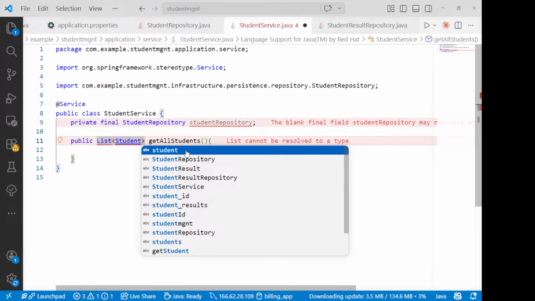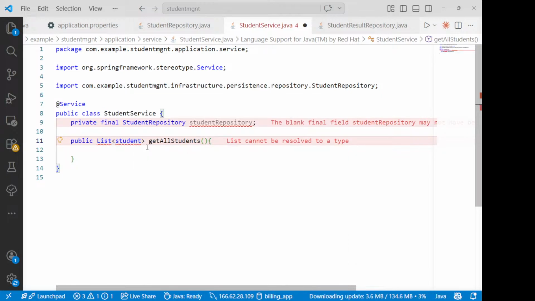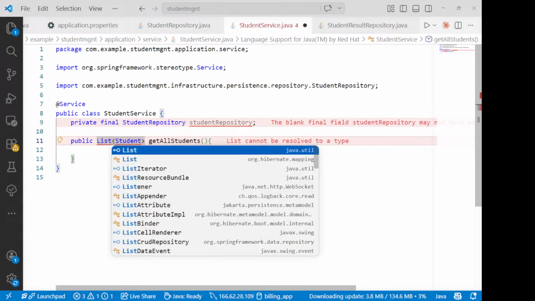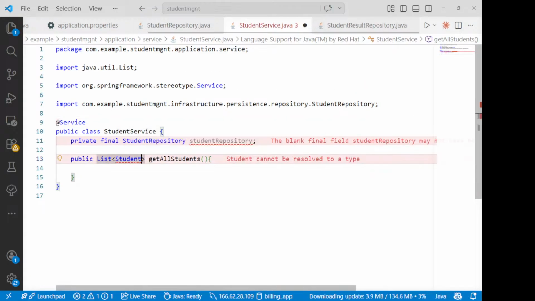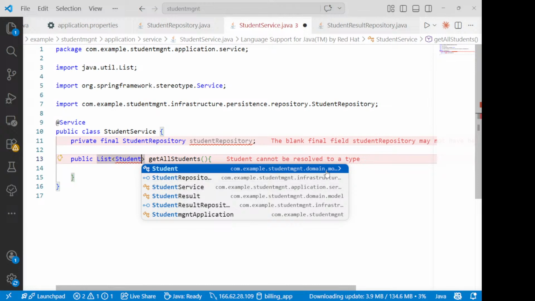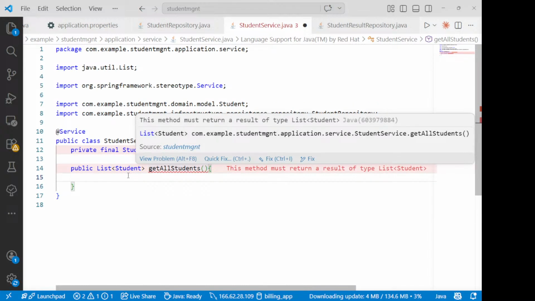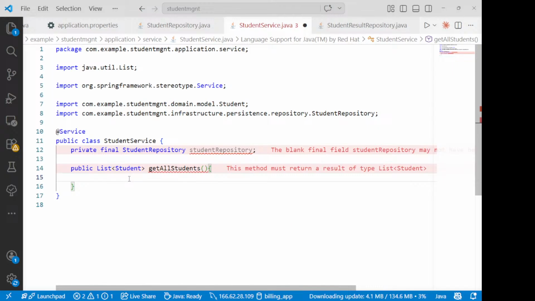Import it. Not like this. What is the problem? Okay, first fix this. The list is done. Now yes, this is going to be model. Now it is saying that it must return something. So for that purpose we are going to say return